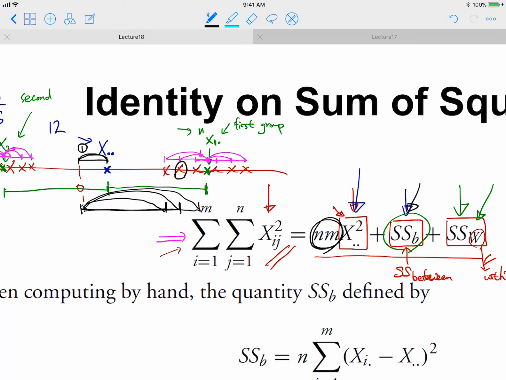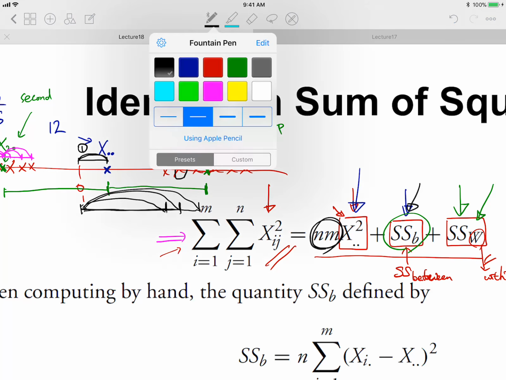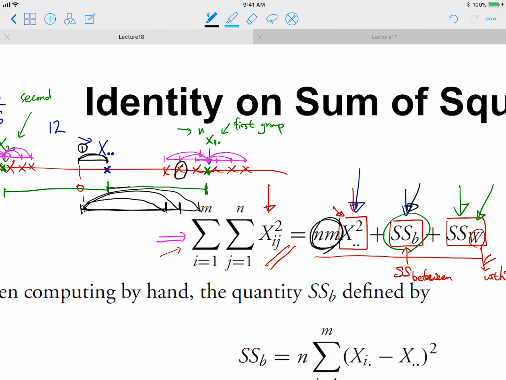Then what was the second one? SSOB. And then this guy was this value, right? So this one is the second one, and then this value. So this guy is the third one. So